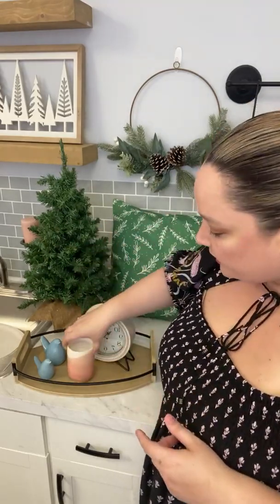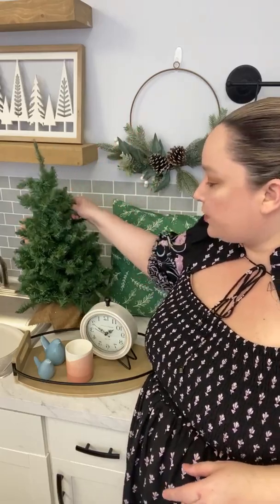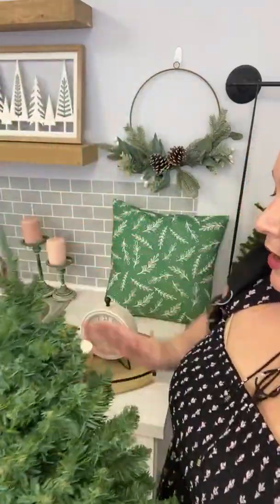So during winter, we like pine. This is more of a little flowery, so we'll put that there. And now we have a little bit of pink, the blue and the white. And it's already starting to feel a lot like spring, right? So if you decorate with large brush trees or these little mini Christmas trees, you can switch those out for